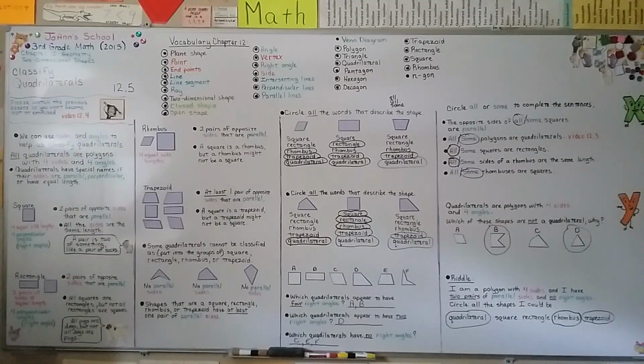So remember, a quadrilateral has 4 sides and 4 angles. And we're going to talk about drawing quadrilaterals in our next lesson,